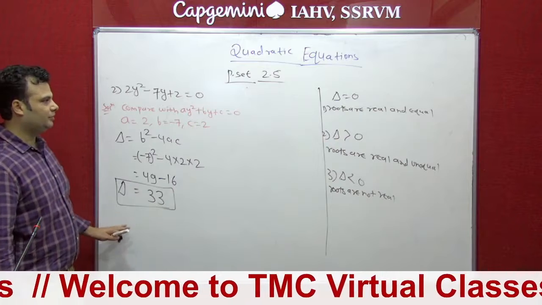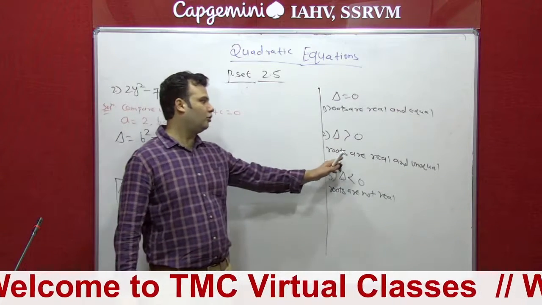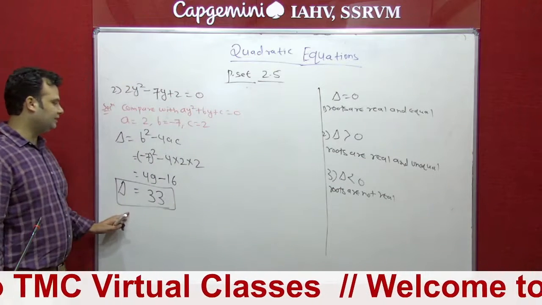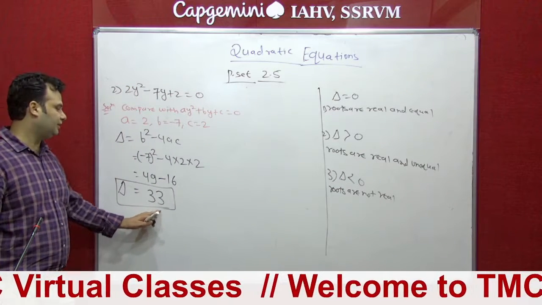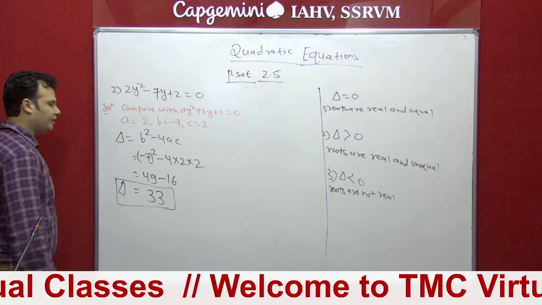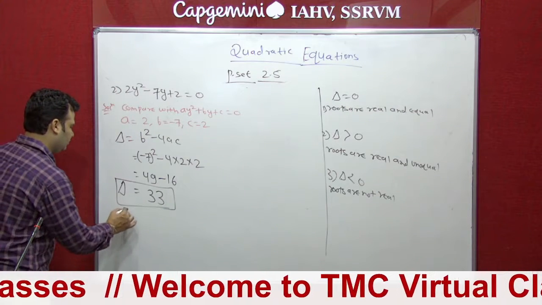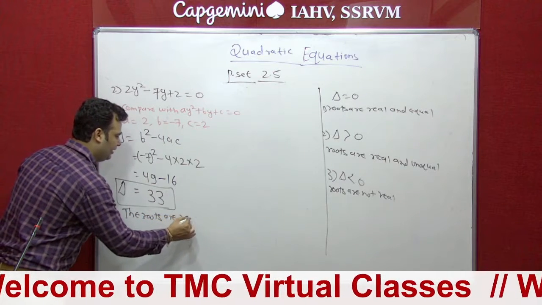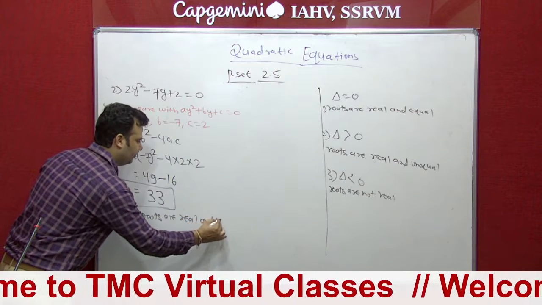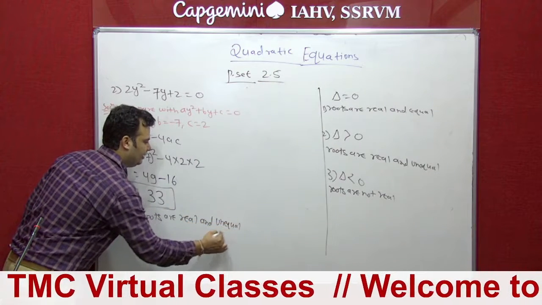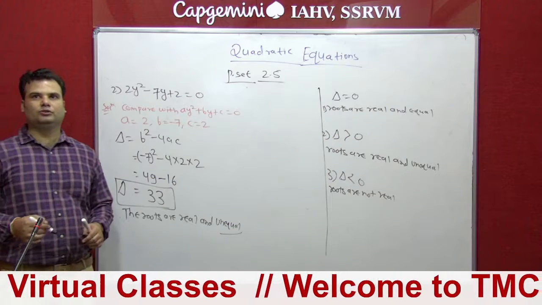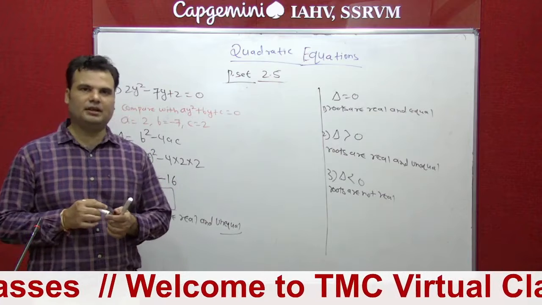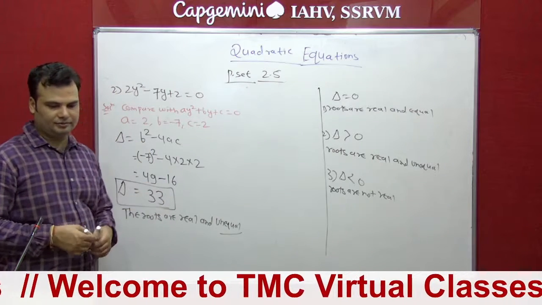So now you can see if del is greater than 0, so always positive, then roots are real and unequal. So now you can see here del is greater than 0, means positive, means 33. So we can write the given quadratic equation has roots that are real and unequal. Yes. So this is very important. It is a simple method. You have to follow the steps and you will get the answer. That's correct.